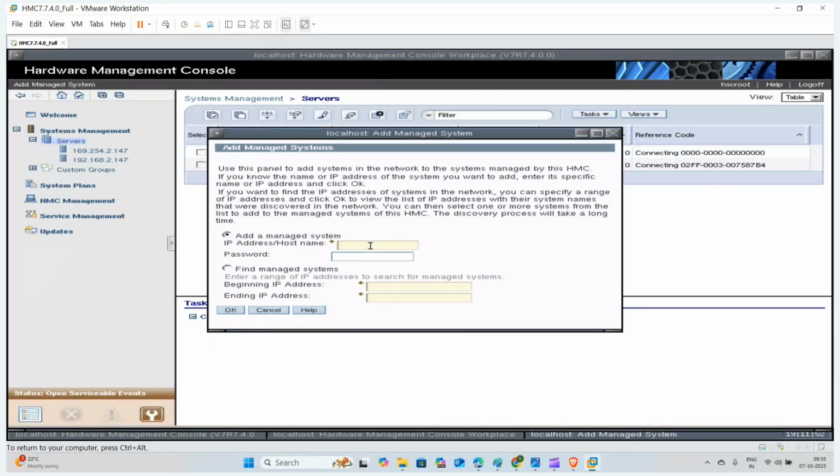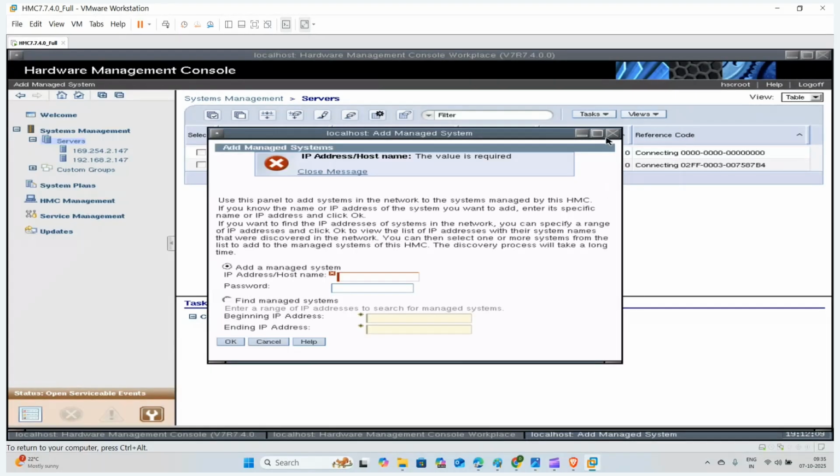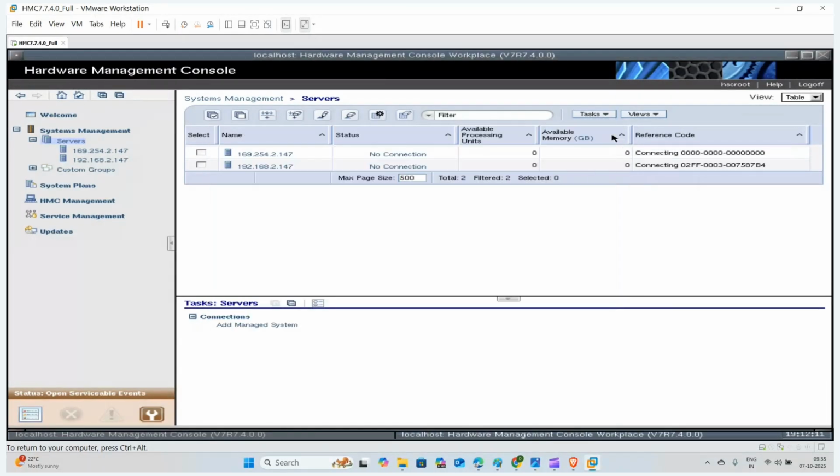To add the managed system, you need to provide the IP address over here and the password of that. Clear? Okay, great. So for today, this was our agenda, to complete the HMC overview. So tomorrow we'll connect